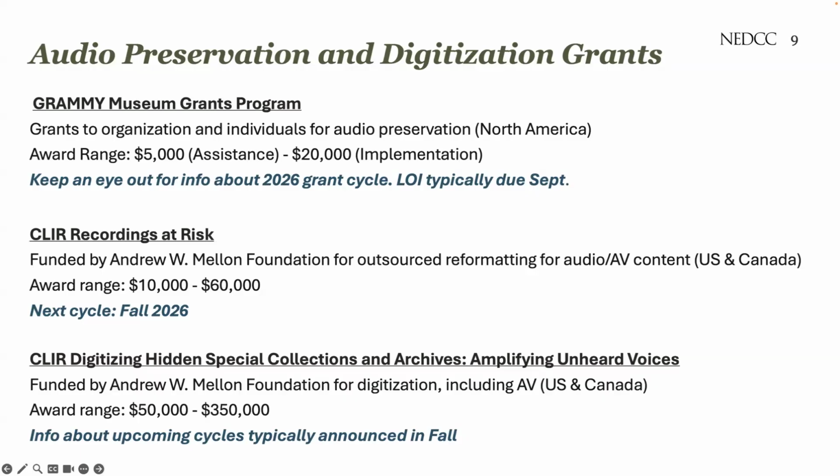Clear Recordings at Risk is one you might hear about a lot. It's the one that we'll use later on in this presentation as our case study for going through the application process. And that's because it is a grant that specifically funds preservation reformatting for audio and/or audiovisual content by qualified external service providers. So this grant encourages professionals who may be constrained by limited resources or technical expertise to take action against threats of degradation and obsolescence. The 13th cycle of this program just closed, but we know there will be a 14th